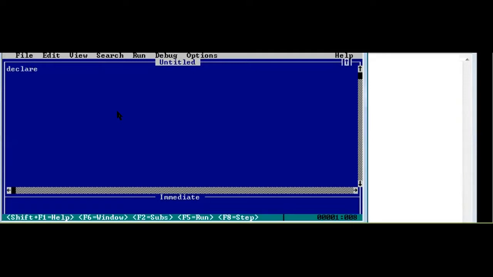In order to write any program using the modular approach, we first write declare, then sub, then the name of the sub procedure. The name of the sub procedure last time was area, so I'm going to use the same example.